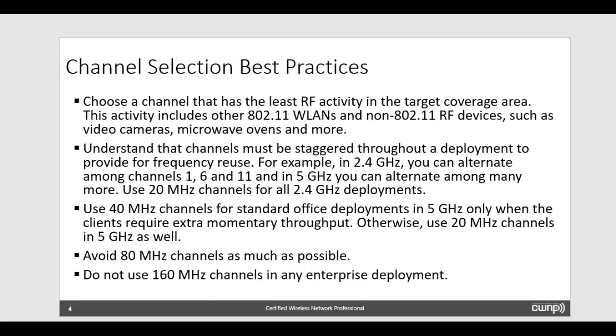Sometimes you get 802.11 and non-802.11 devices, like video cameras, microwaves and stuff like that, especially in the 2.4 gigahertz range, that operate in the same frequency or the same channel and cause you interference. Understand that channels must be staggered throughout a deployment for something called frequency reuse, which allows you to make sure that you have